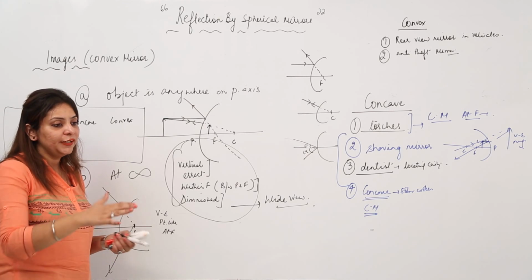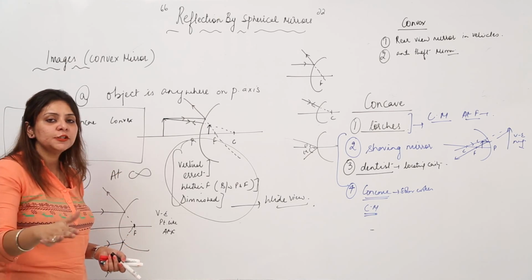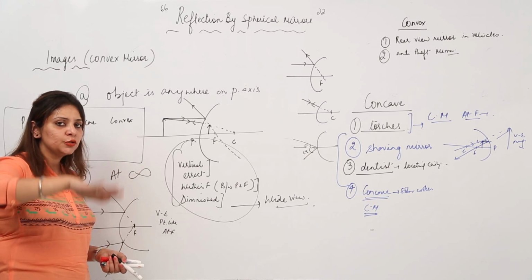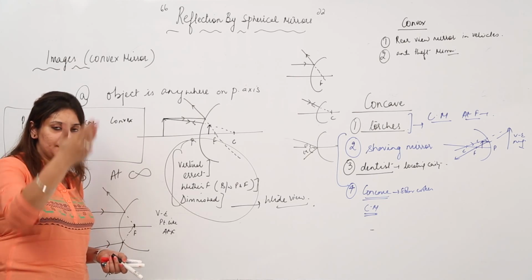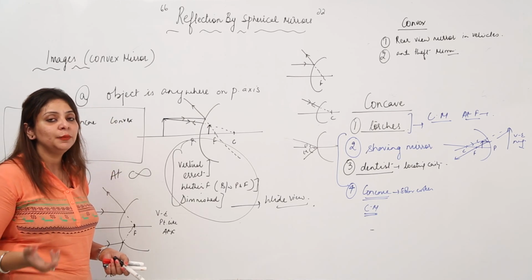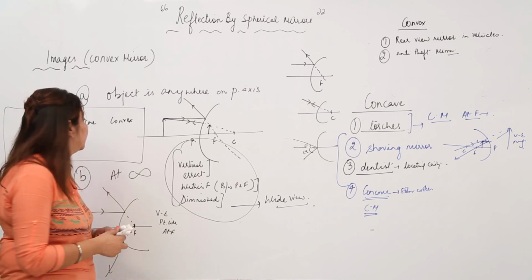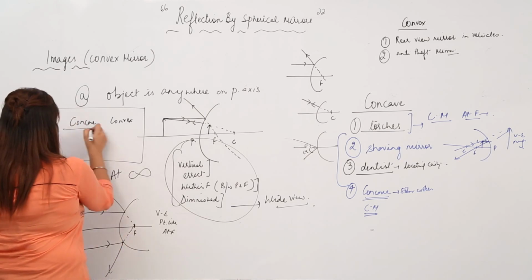because when you touch it, you will come to know: if the surface is plane, you will say it is plane. If it is having a depression, you will say it is concave. If it is having a bulge, you will say that it is convex. But I want that you should not touch it; without touching, you tell me what kind of mirror it is. So the answer is simple.